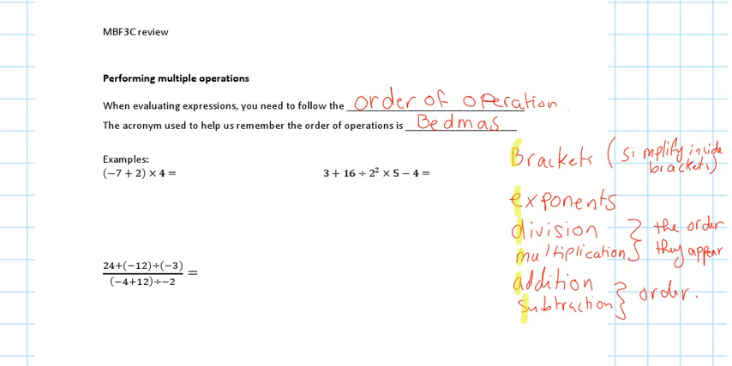So if I'm looking at the first example, which is -7 plus 2 in bracket times 4. What do you have to do first? I have to do the bracket first, right? What's inside the bracket? What's -7 plus 2? -5, right? Because I am at -7, that's a bigger number, so it's going to be